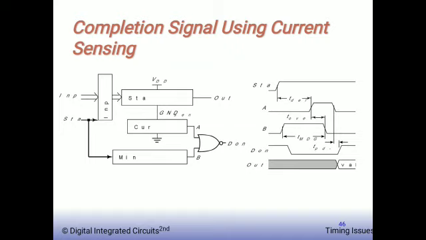Note that this approach tracks data dependent computation times. If only the lower order bits of an adder switch, current will stop flowing once the lower order bits switch to the final value. If the input data vector does not provoke any change in the logic from one cycle to the next, no current is drawn from the supply for static CMOS logic. In this case, a delay element that tracks the minimum delay through the logic and current sensor is used for signal completion. The output of the current sensor and the minimum delay element are then combined.